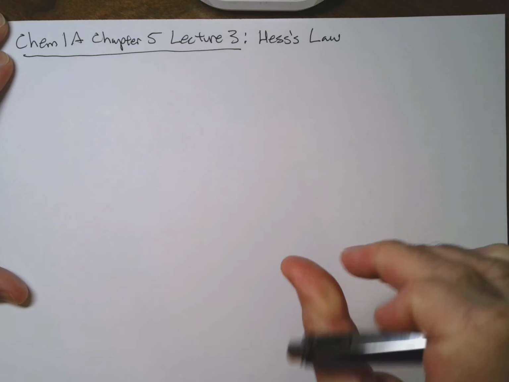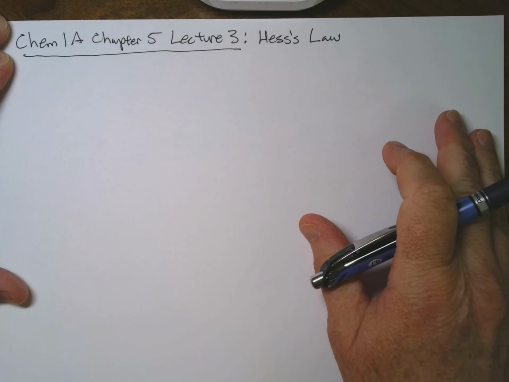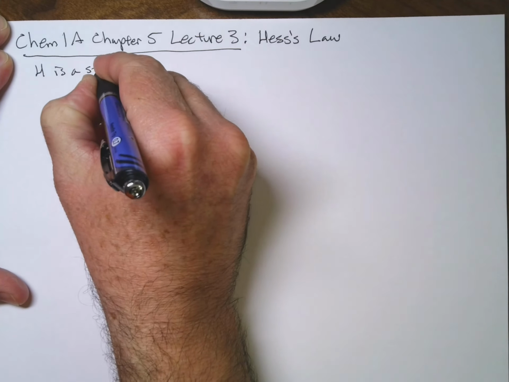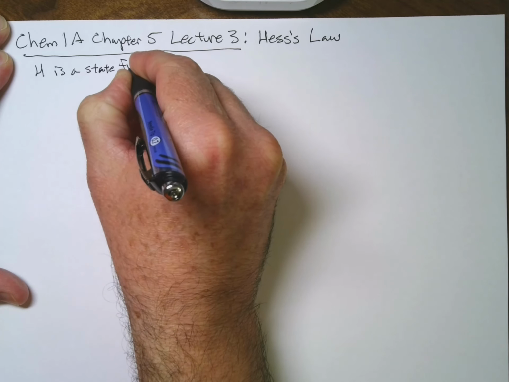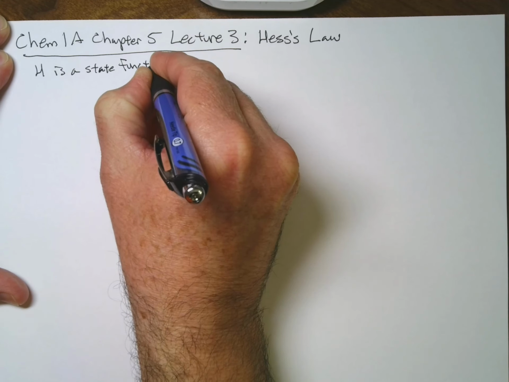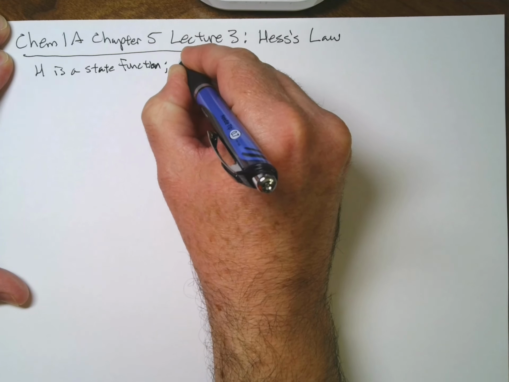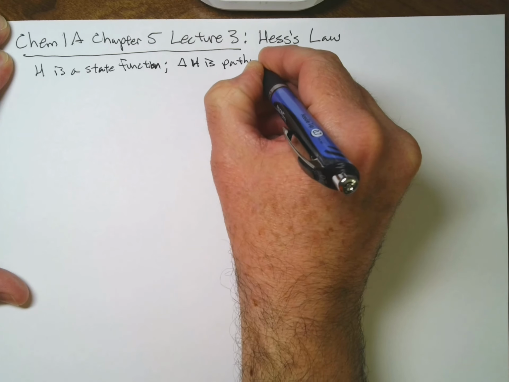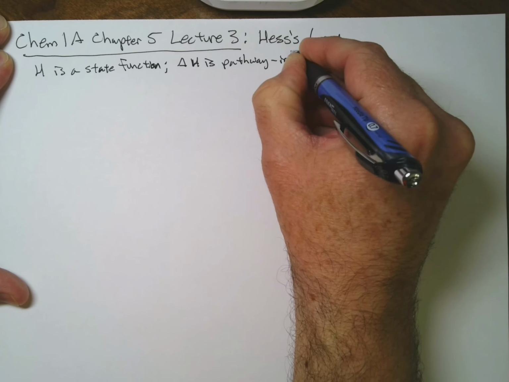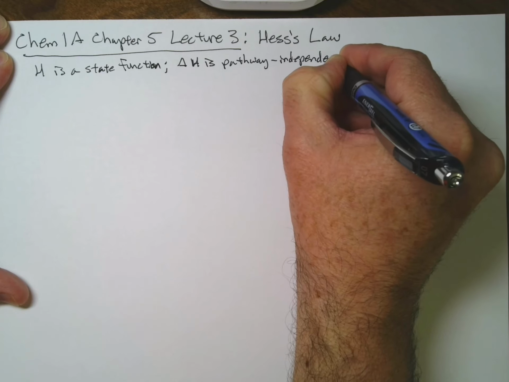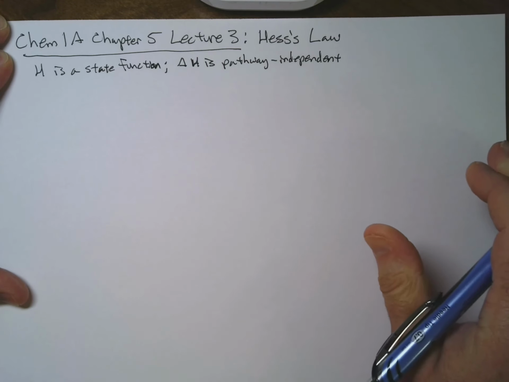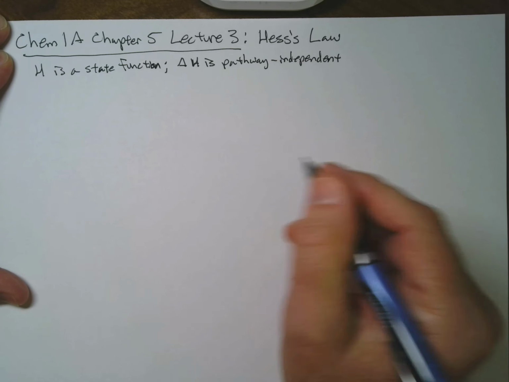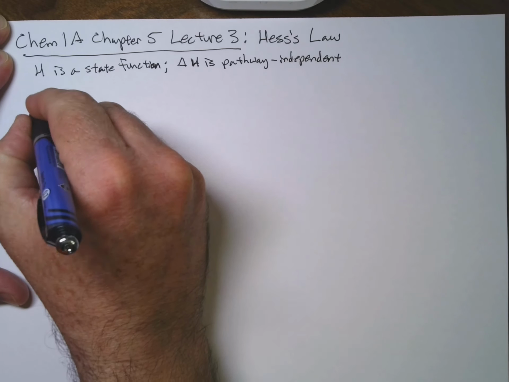Now, one of the things to remember about enthalpy, H, is that it's a state function. So that means delta H is pathway independent. It only matters where we start and stop. So it doesn't matter if a reaction is one step or multiple steps. For example,